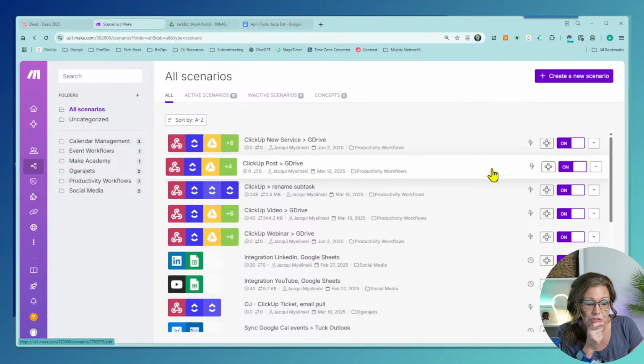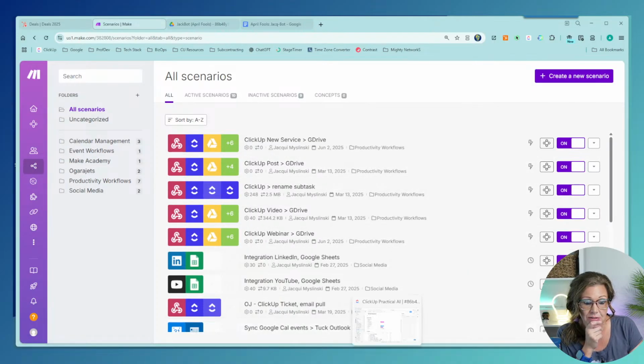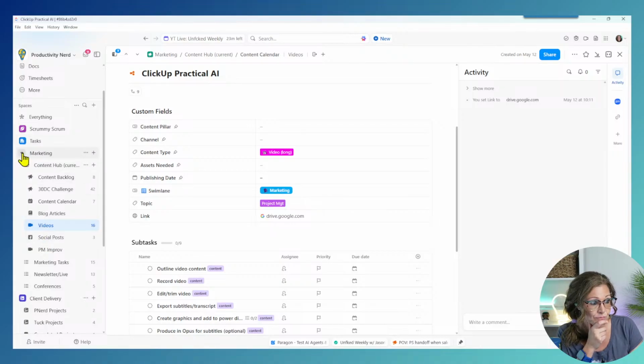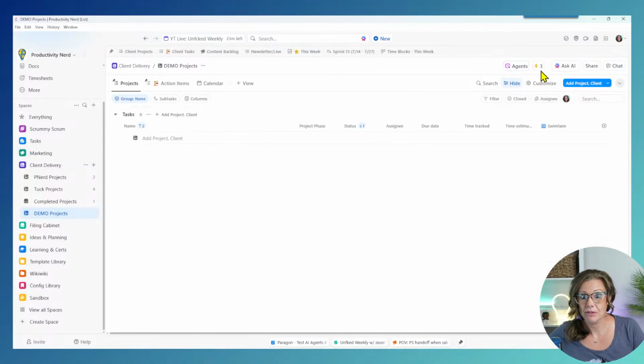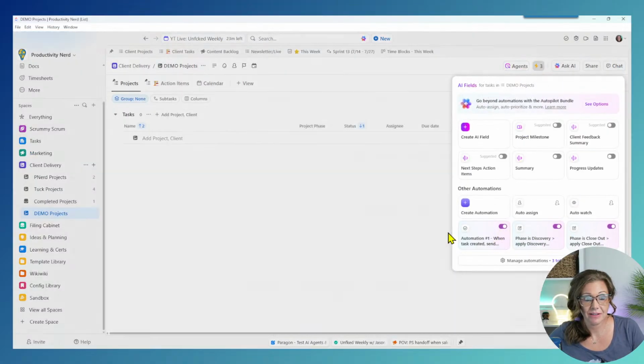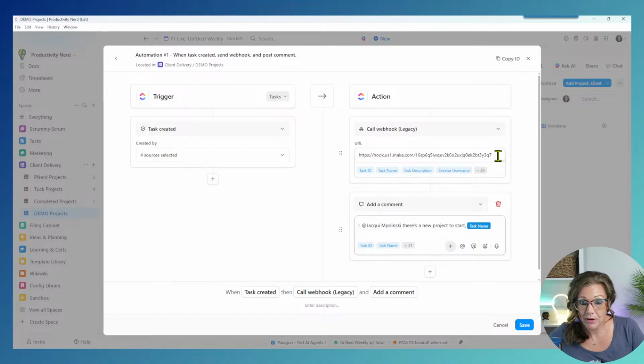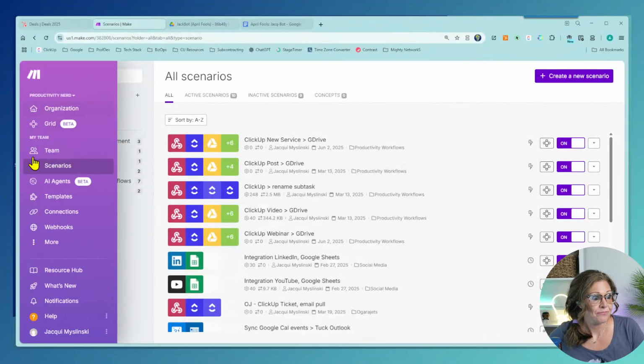Google Posts. I still want to know what that webhook is in, you know what? Let's go back to ClickUp. I'm going to have to ask my friends who are really good at Make, how can I trace this back? So this webhook ends in 3Y3Q7. I could always go over here and see